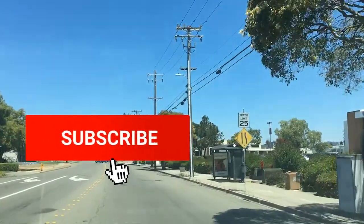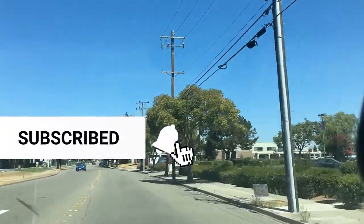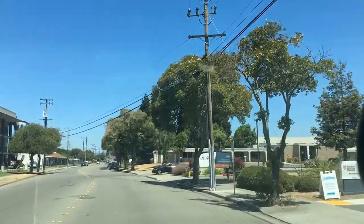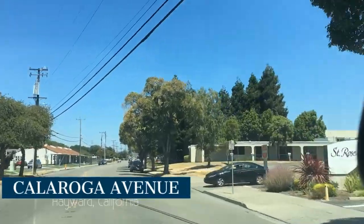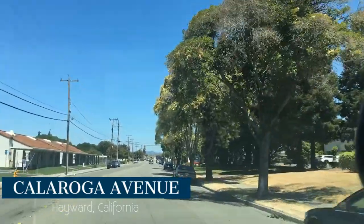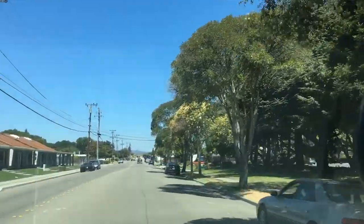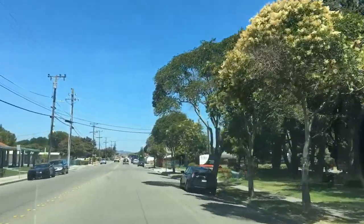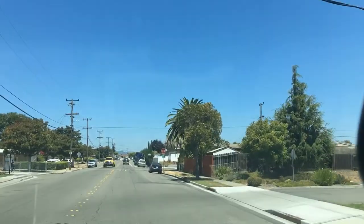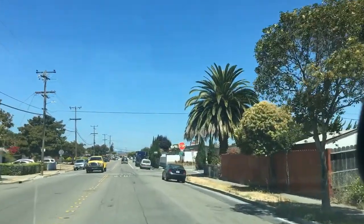Hey, thanks for joining me on my Southgate Neighborhood tour. We are going to start going down Calaroga Avenue, coming from Tennyson, and on the right-hand side, you'll see that we're passing St. Rose Hospital. We're going to be entering the Southgate neighborhood here, and the homes that we're entering in this neighborhood were built in approximately